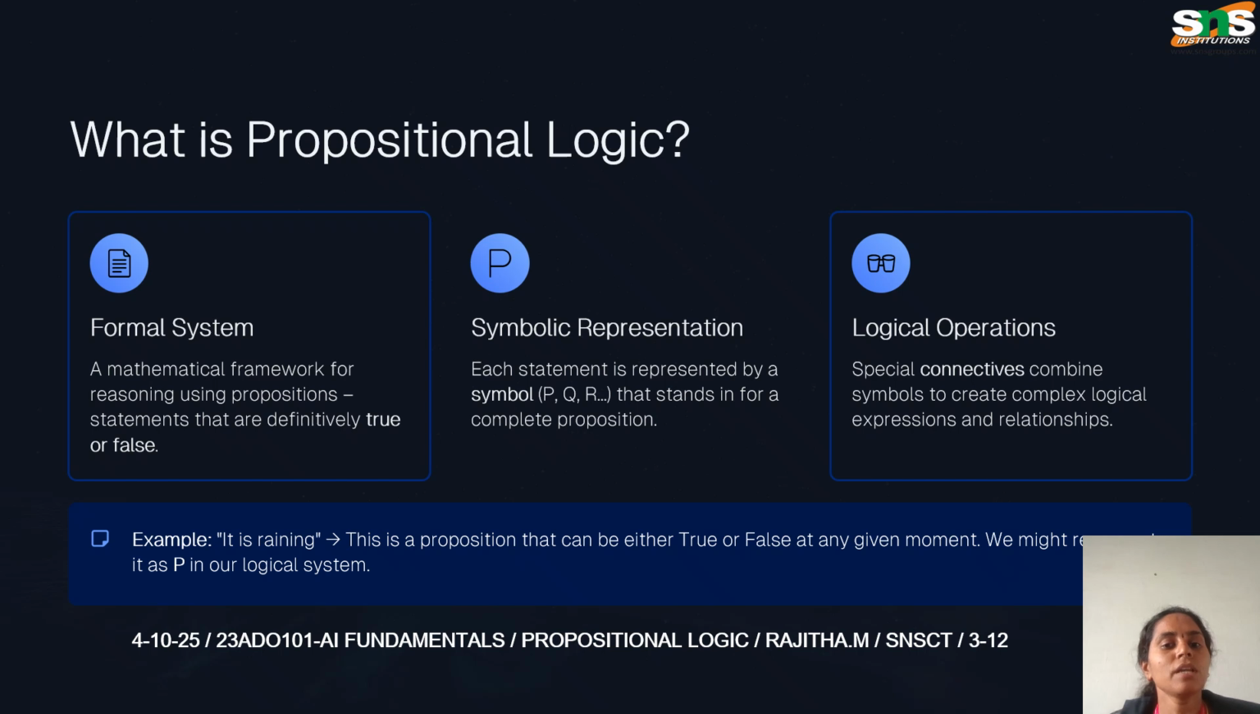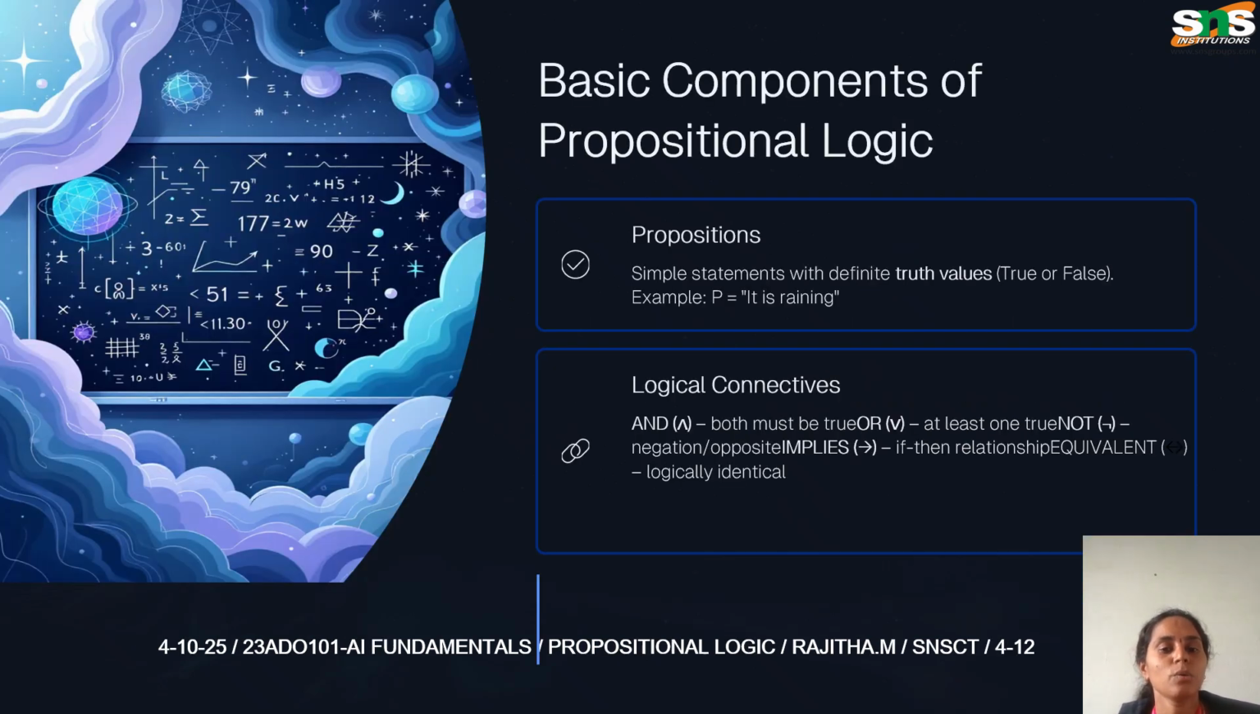So what is propositional logic? It is a formal system used for reasoning with statements that can only be true or false. Each statement is represented by symbols like P, R, Q. We can use logical operators such as and, or, and not to combine statements and form complex expressions. For example, if "it is raining" is a proposition that can be true or false, we can represent it as P in logic. The basic components of propositional logic are two main parts: